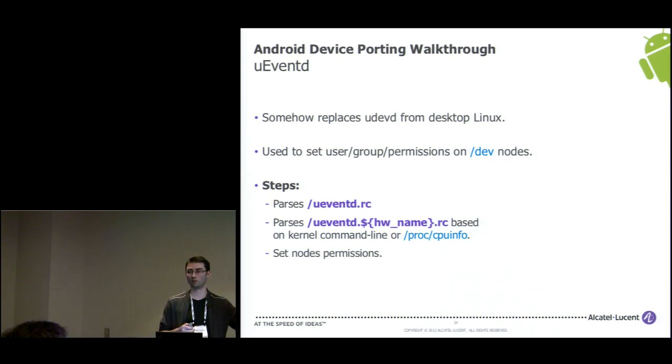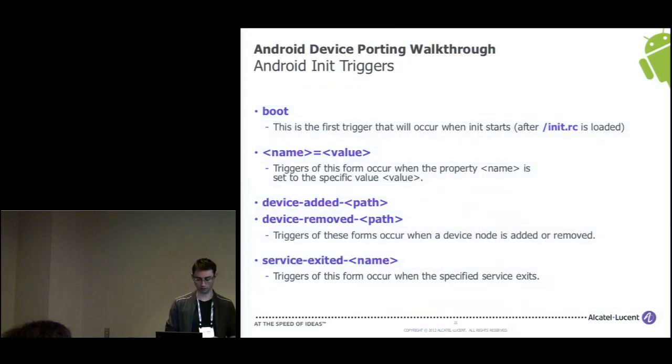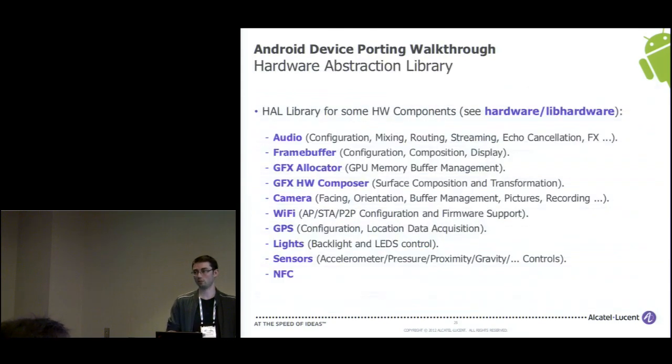So this can be defined within this file, and this is up to you to declare the good rights for the file. Just again on this file, another good thing that might be important for the triggers, which is somehow a capability for you to replace some capability of udev, are the device added and the device removed triggers. So for example, if you have some rule that just says device added /dev/my device, then you can put different actions. So if you want to do some really, really specific things on your system when, for example, your device driver has just popped up, then this is the way to do it.